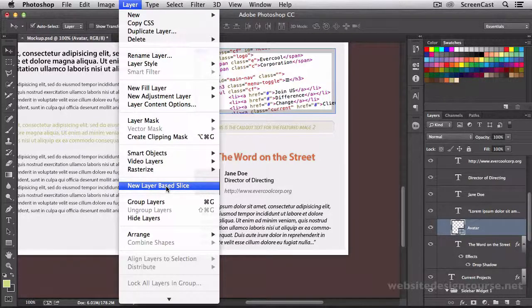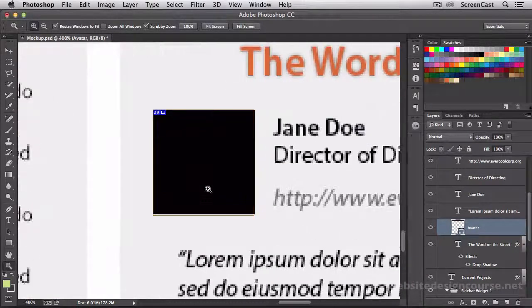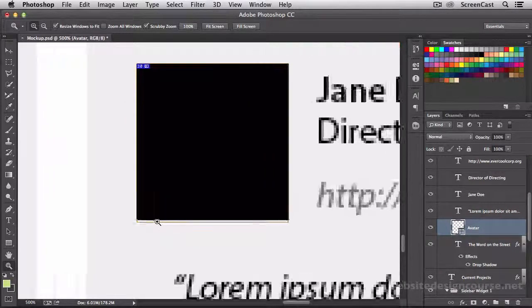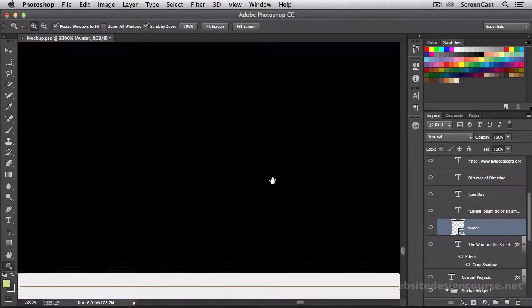And if I create this slice with a layer-based slice, it's a little subtle and I actually can't zoom in to show you, but the icon is slightly different. So you can see this icon kind of looks like some mountains up inside of here, and this one kind of looks maybe like a few pages are folded back. This tells me that this is a layer-based slice, while this is a user manual-based slice. And you can see the layer-based slice automatically creates the slice exactly around the layer bounds, and they're quite handy because you don't have to go in and manually fiddle around with those slices. So kind of a fancy way of creating these slices through